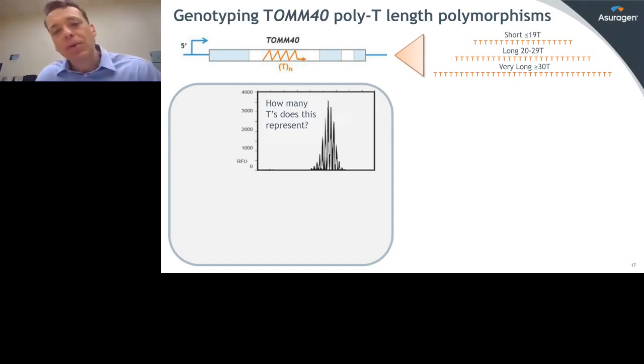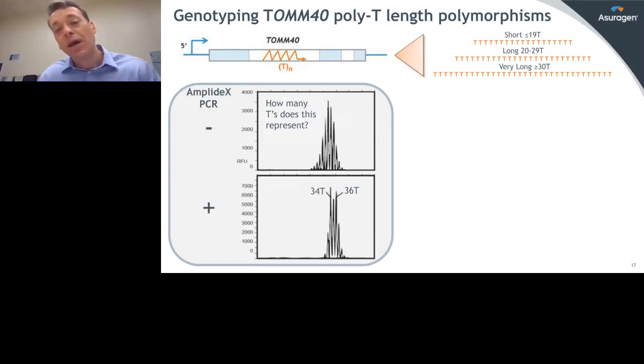In research papers, the poly-T length has been categorized in one of 3 different length groups, either short, long, or very long. And here again, it's important to be able to size accurately. So not only do we have to negotiate very AT-rich sequence here, very different story from GC-rich, we also have to be able to tell the difference between 29 repeats and 30 repeats, because they represent different categories. So a single repeat here is a single nucleotide.